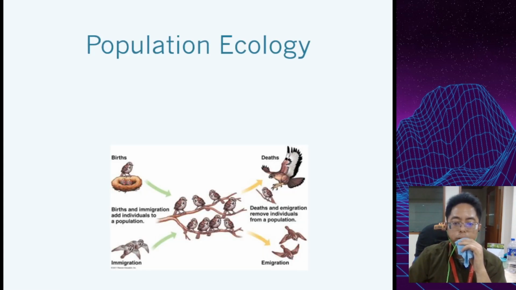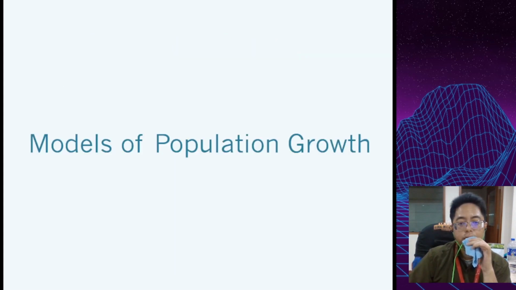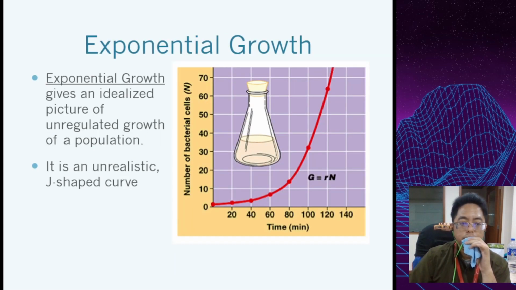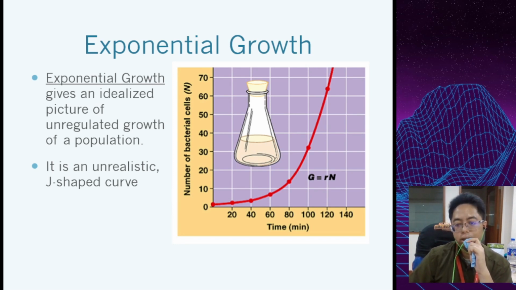Part 2. Population ecology. Population ecology studies the changes in population size and the factors that regulate populations over time. Models of population growth. Exponential growth gives you an idealized picture of unregulated growth of a population. So if all of the resources are infinite, infinite food, infinite space, infinite sunlight, infinite water, then growth will be like